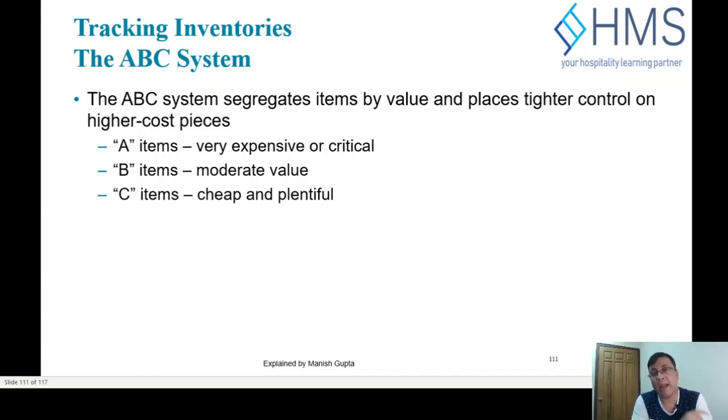So you don't really have to pay too much attention to it, but you still have to have some minimum standards like bin card system and regular counting and other things. A items can be managed on a daily basis or on a weekly basis. B items can be managed more frequently than C. C items you can consolidate maybe on a quarterly basis or on a 6 monthly basis. This depends on how many items are there in the system